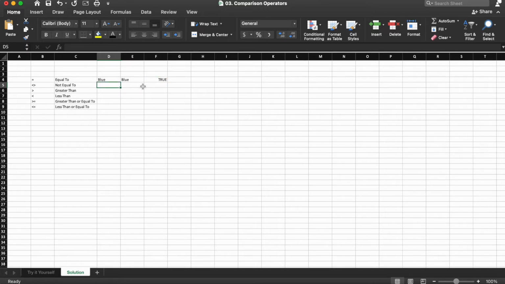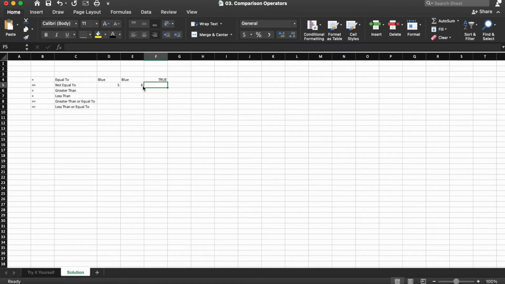Okay, next we're going to do not equal to. Again, we can use a number, a date, or a text value. Let's use 5 in D5, and then in E5 we're going to put 6.